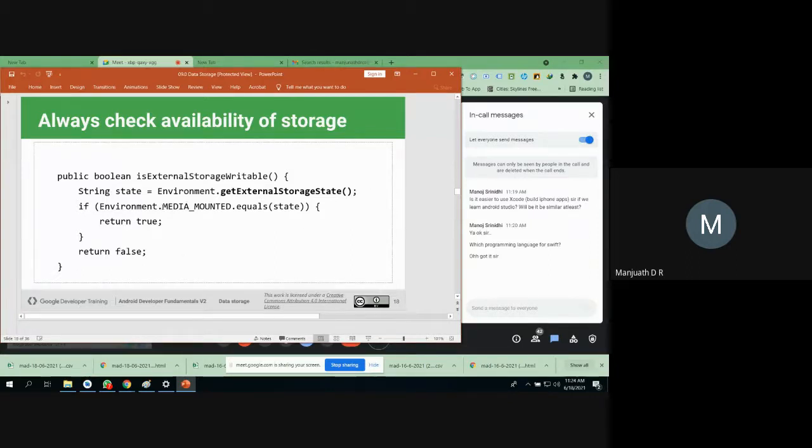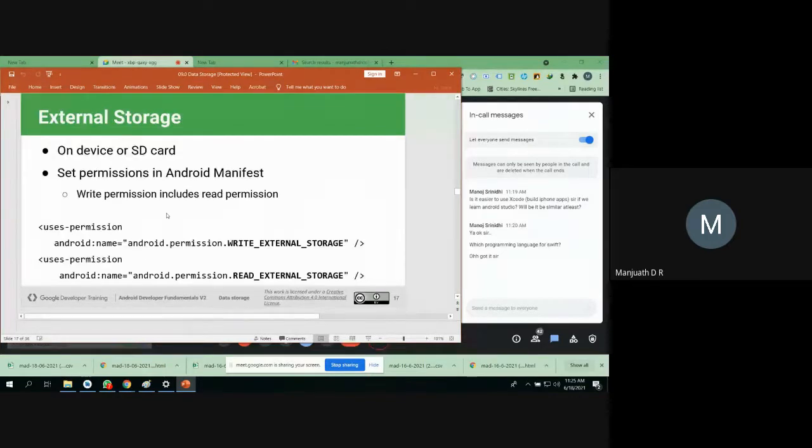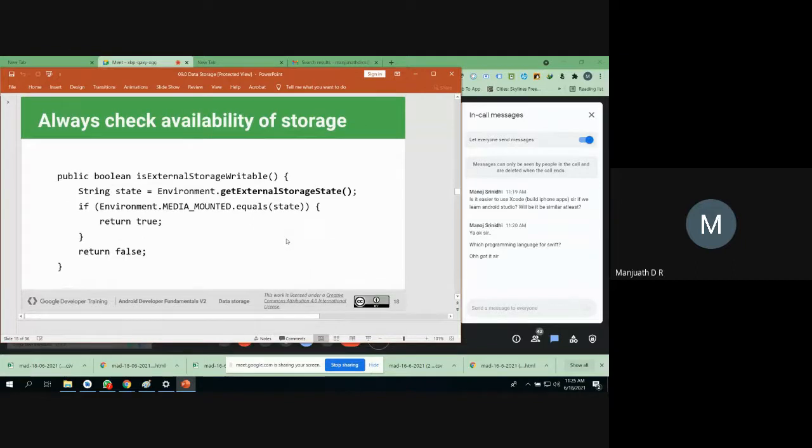So this is mandatory: before accessing any files or reading any data in your external storage devices, first we must set the permission in the Android manifest. Two permissions you have to set: one is WRITE_EXTERNAL_STORAGE, the other READ_EXTERNAL_STORAGE. The next thing is to check whether the device is mounted into your system or not.